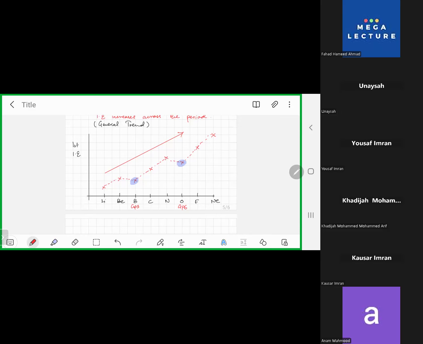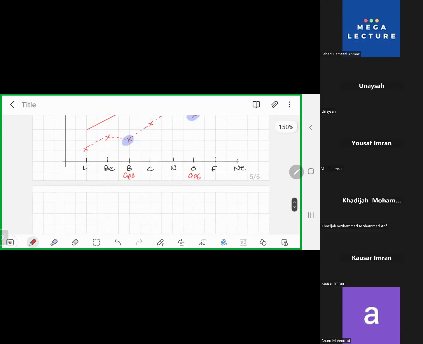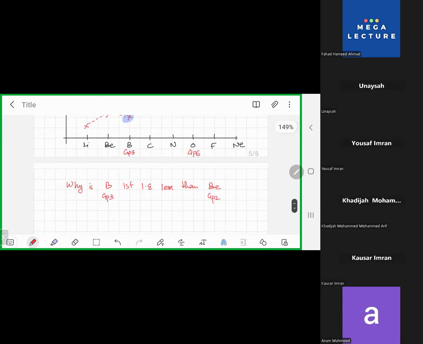तो इधर ना हम इन दोनों का कंपैरिजन करेंगे, बेरिलियम एंड बोरॉन. तो क्वेश्चन ये होगा कि why is boron's first ionization energy less than यानी ग्रुप 3 वाला जो है ना, why is it having an ionization energy that's less than beryllium, which is group 2, because it's not following the trend. So the answer to that is